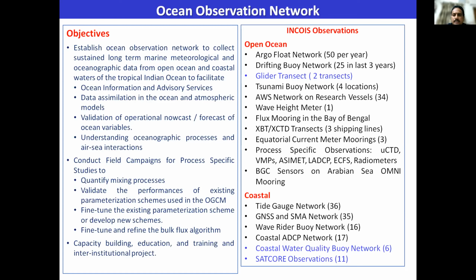Most of the observational network, which I'll show in the next slide, provides the spatial distribution of this observing network. Most of them are operational observing systems providing data in real time. For the majority of the platforms, the data gets into the GTS, and is then used by various operational forecasting agencies